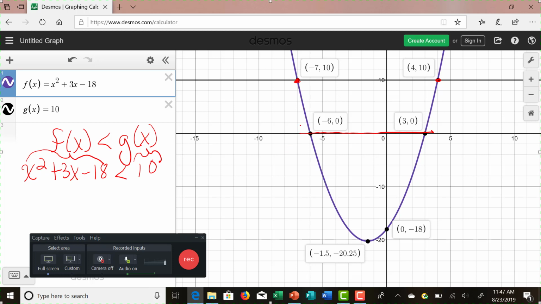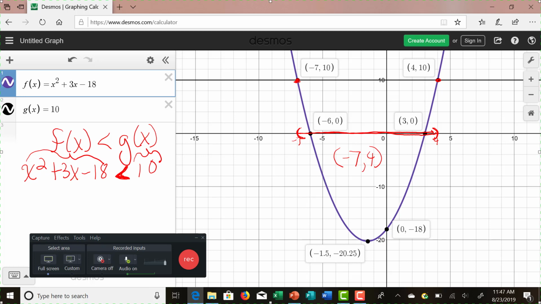Now, when you're solving this, notice this equation right here that I've written has only x's in it, so we're concerned about x's. The x right here is -7. The x over here is 4. That's where they're equal. Since this says less than, we want to use a round bracket. If it was less than or equal, we would use a square. Round bracket means we get really close to this -7, but we don't include it. And we want everything that goes up to this 4, but we also don't want to include that either. In interval notation, our solutions would be between -7 and 4, not including those two values.